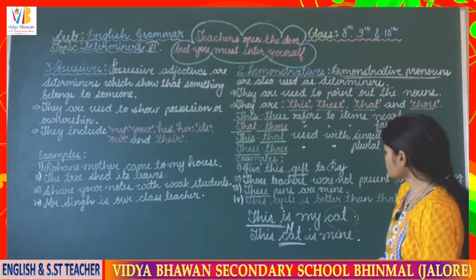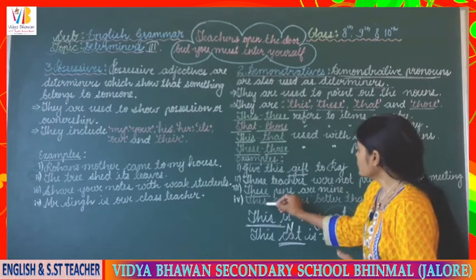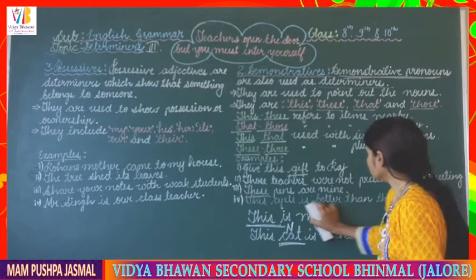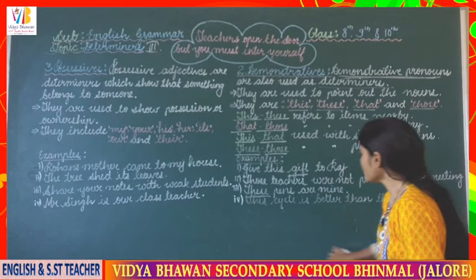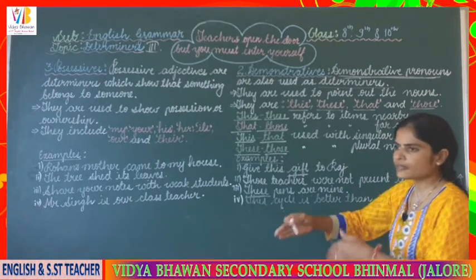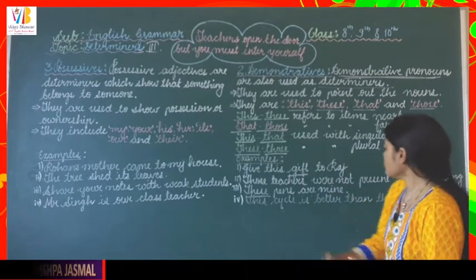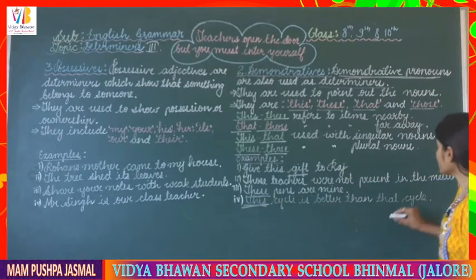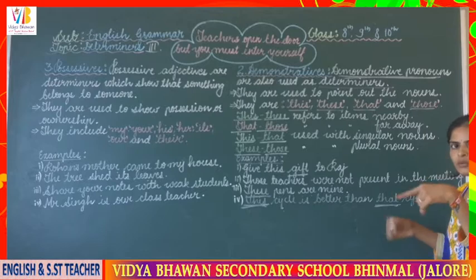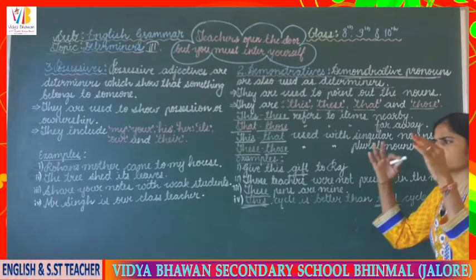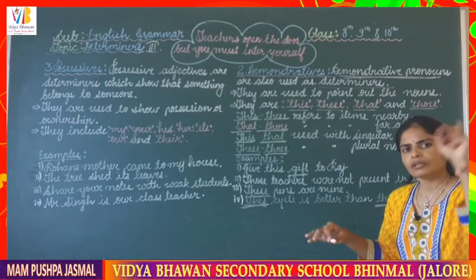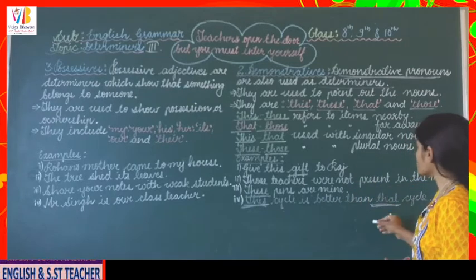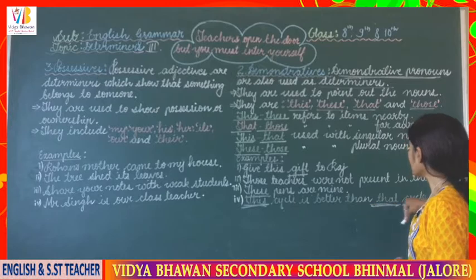Then last but not least the demonstrative: this cycle is better than that cycle. यहाँ पे this का भी यूज हुआ है और that का भी यूज हुआ है. मीन्स एक साइकिल हमारे नजदीक है और एक साइकिल हमारे से बहुत दूर है या कुछ डिस्टेंस पे है. So this cycle is better than that cycle, whichever it may be. Far away means not necessarily in front of our eyes, it can be anywhere, that can be back in the past also, we can use it. So this cycle is better than that cycle.